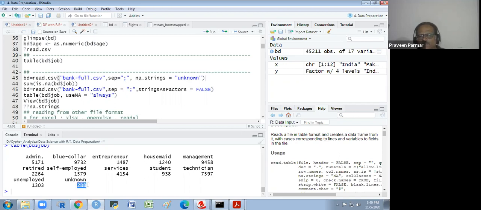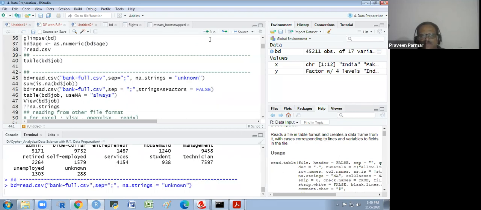Now you see there are 288 in the job. I run it. And now I will see how many NAs are there in the job. There is a function is.na. If I run only this, what will I get? is.na will provide a logical response. NA is null, basically you could say not a number. It's a missing value. It will respond in a logical way, TRUE and FALSE.